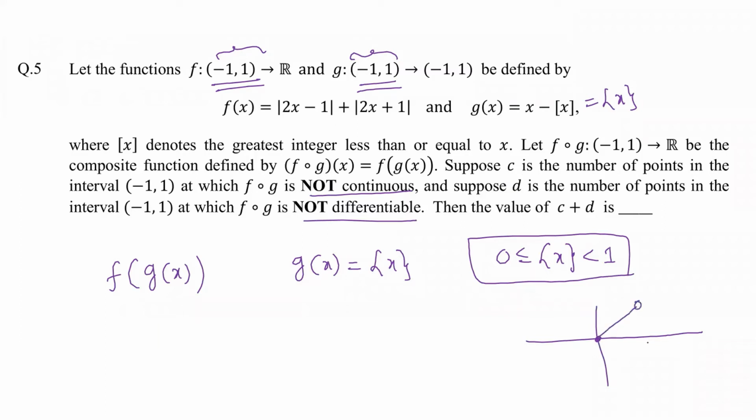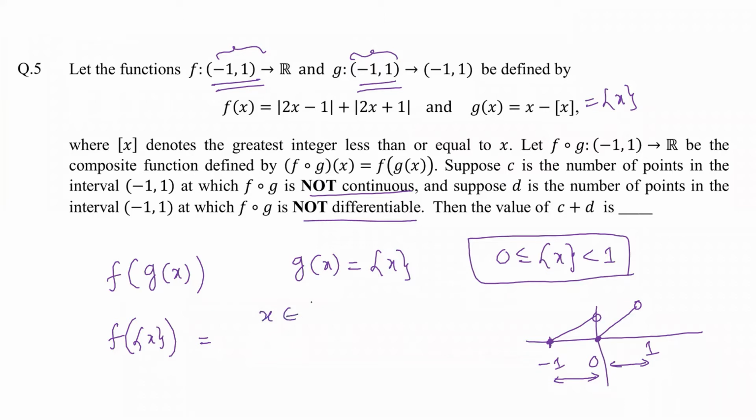So we are going to have this as the graph of the fractional part of x. From -1 to 0, we'll have a graph something like this, and from 0 to 1, we'll have a graph something like this. So one thing that we can directly say when we are writing this as f(g(x)), that is nothing but f of the fractional part of x. If you see, the behavior of the fractional part from 0 to 1 is exactly the same as the behavior between -1 to 0, when we are taking the x values. So the behavior is going to be the same.